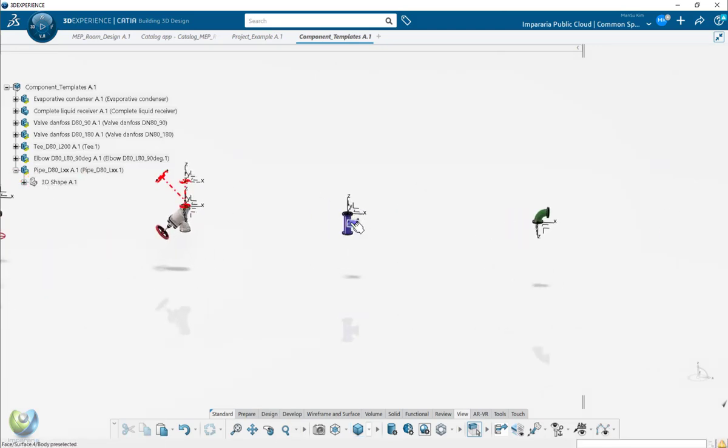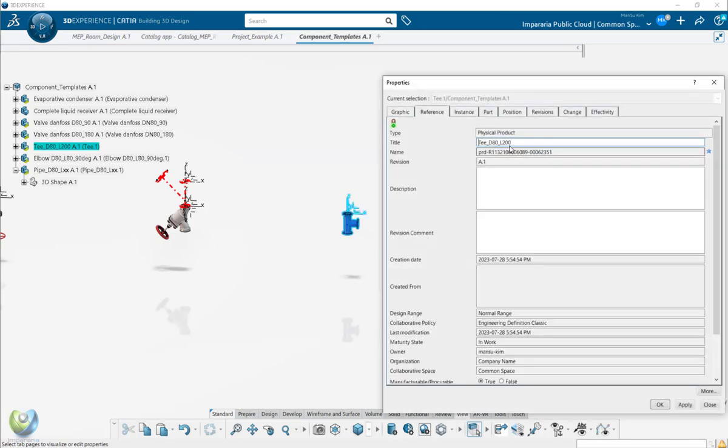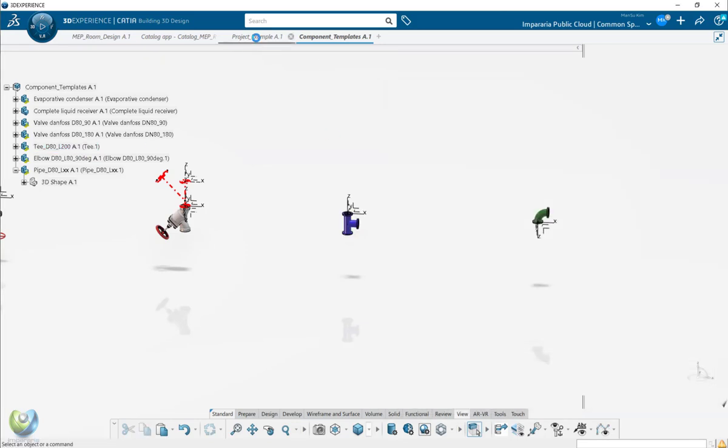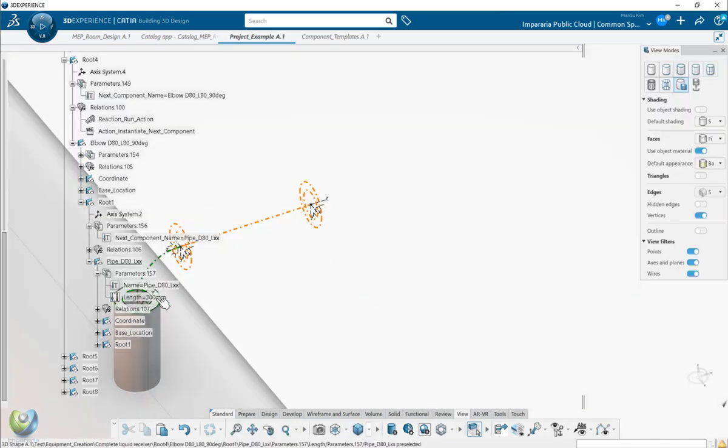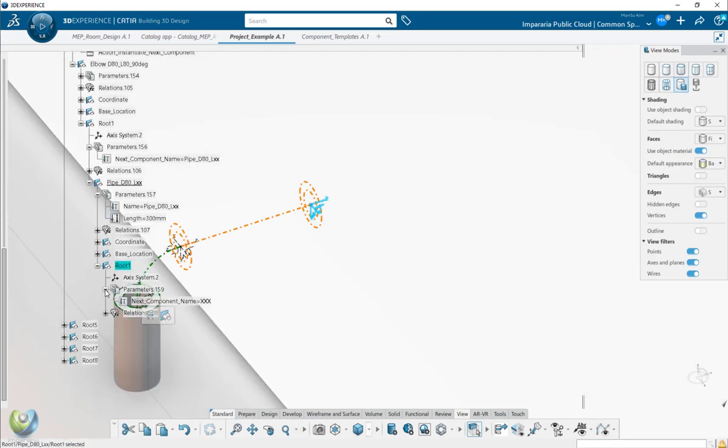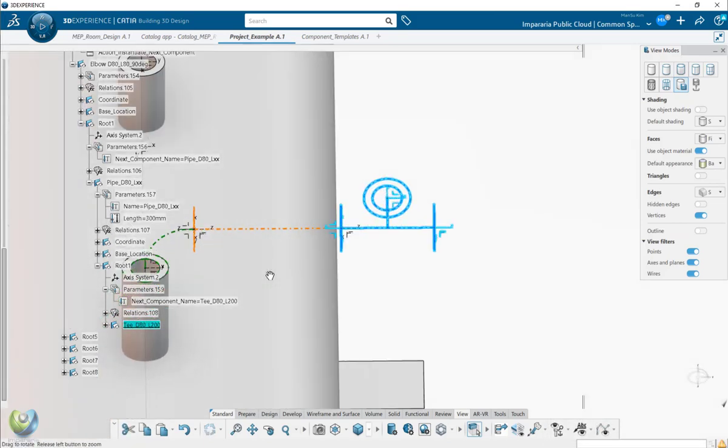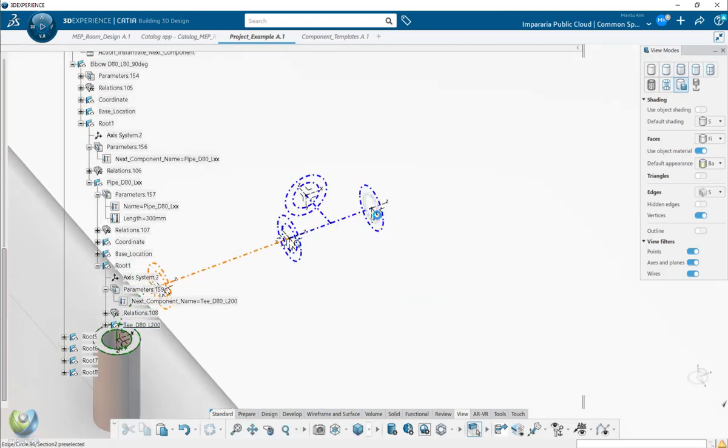So here, let's try this one. So copy the name. And here, root 1. And put the name here. And this automation will create it like this. Then now,